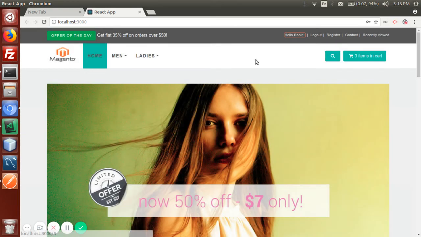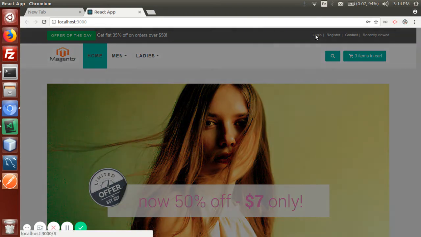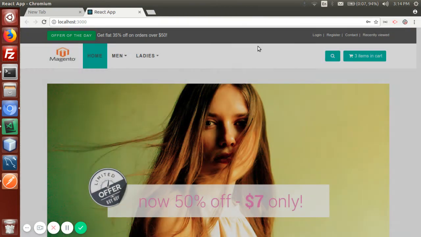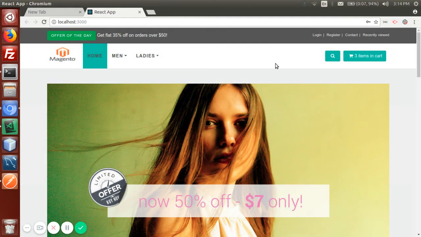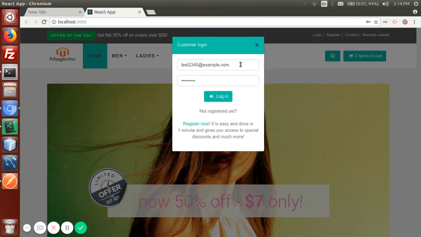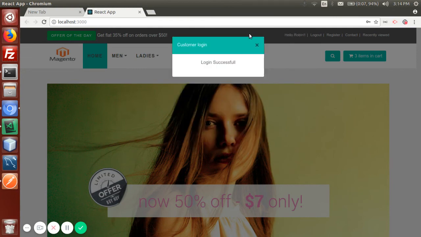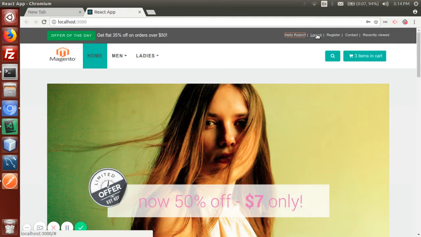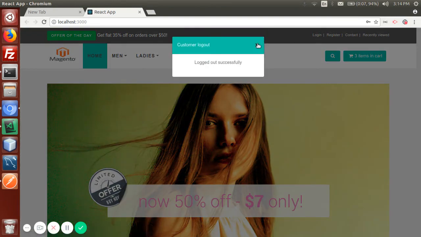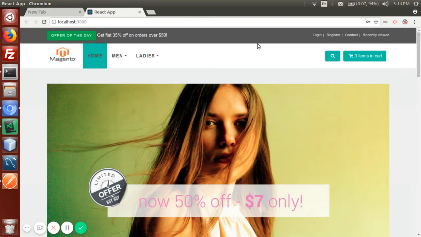So we are successfully logged in, and here we can see the newly created customer's first name with the logout link. Once we click on logout, I am removing the bearer token and displaying the login link. So we can see it's simple and fast. Within a second we are able to log in and log out. We don't have to refresh the page or anything.